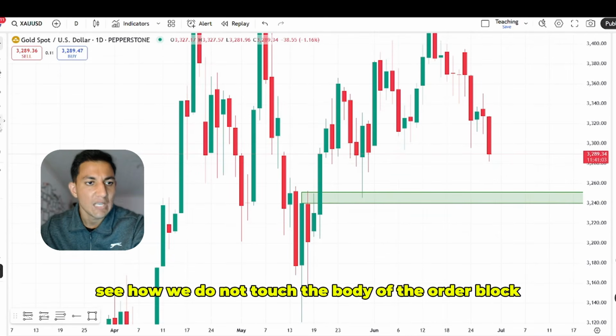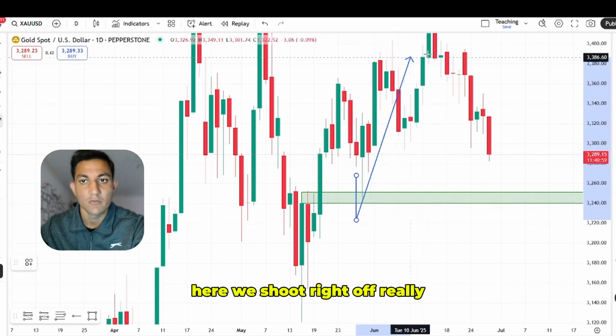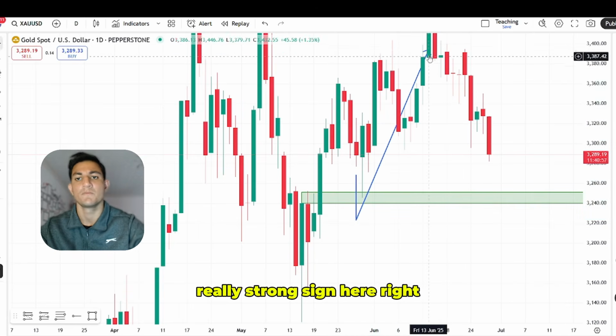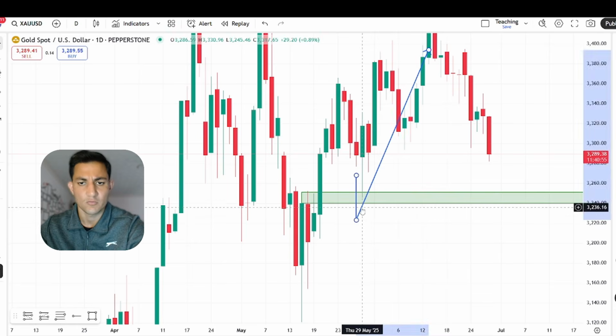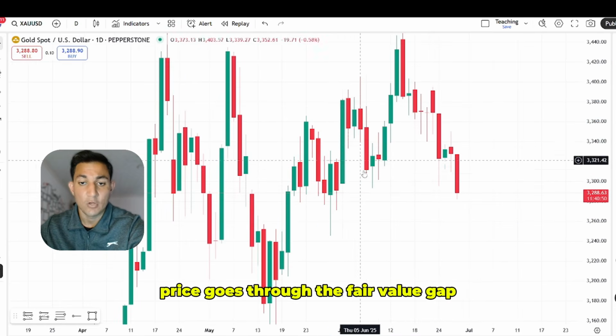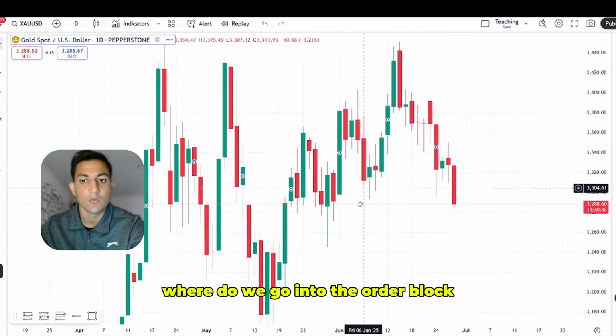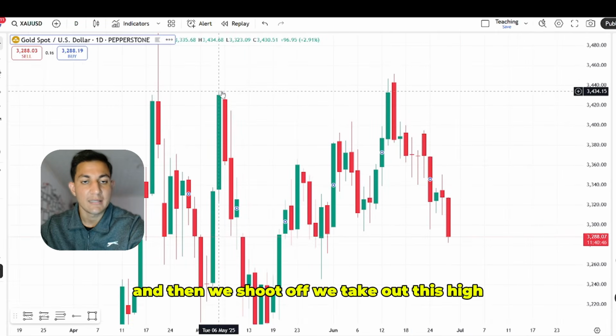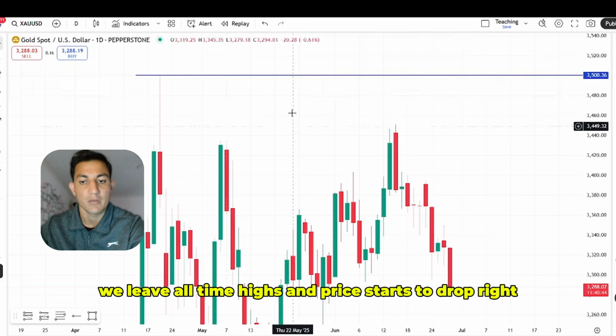But again, see how we do not touch the body of the order block here? We shoot right off. Really, really strong sign here, right? Let's just remove these two because we've got all-time highs up there. Again, price goes through the fair value gap, but where do we go into? The order block. And then we shoot off, we take out this high, we leave all-time highs, and price starts